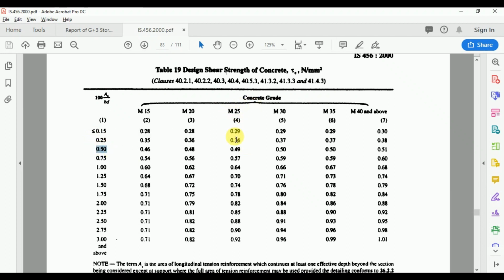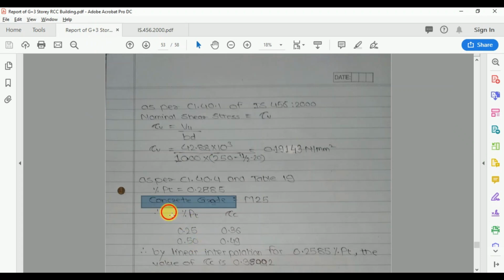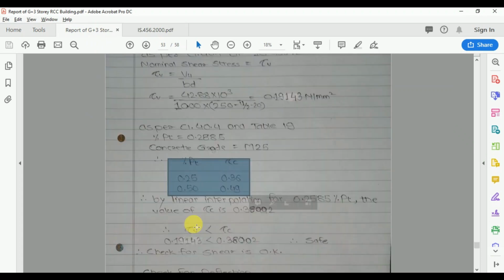And with respect to 0.25, the value of tau c for 0.25 is 0.36 and for 0.50 is 0.49. So with respect to these four values, we need to do the linear interpolation. So take down this value in the report. So here I have noted down this value in the report. So by the linear interpolation, for the value of 0.2585, we got the value of tau c as 0.38002 Newton